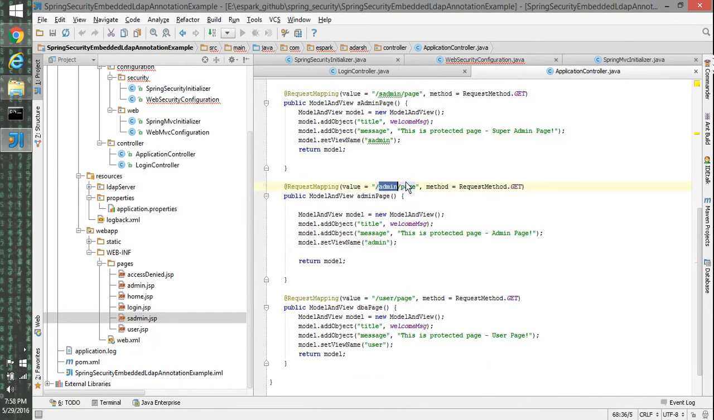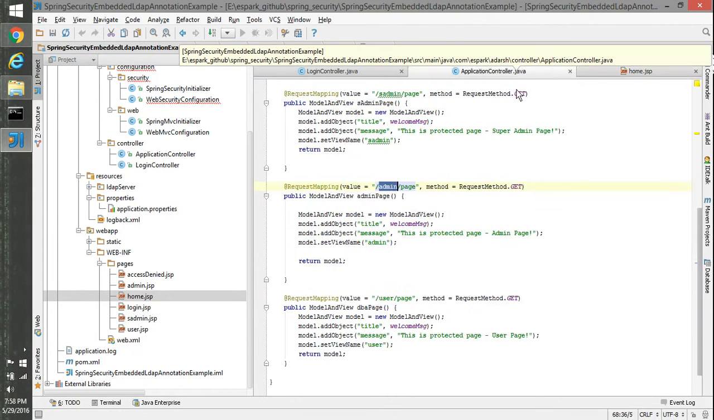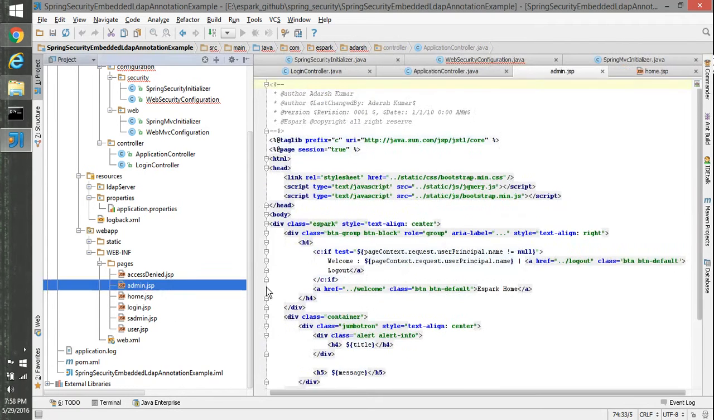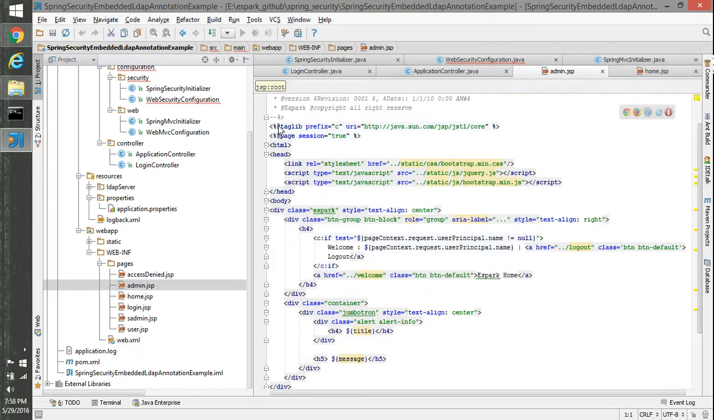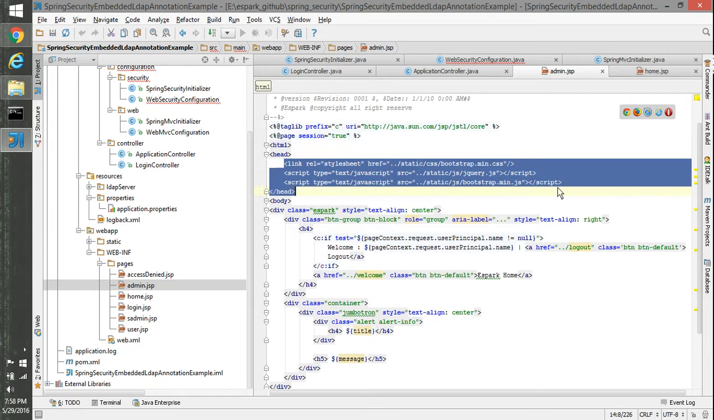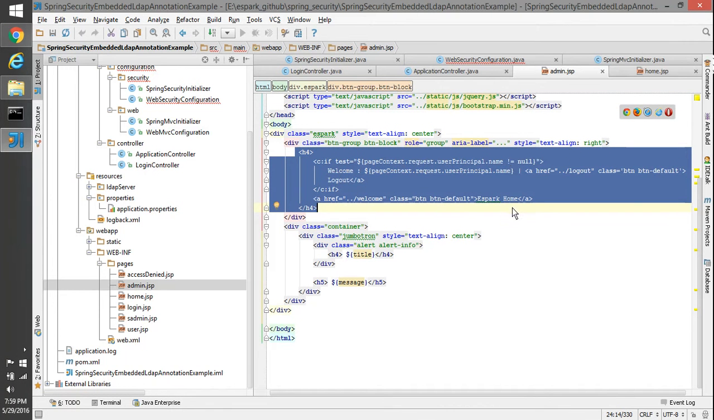Here for the admin page, if the current user is admin and somebody clicks the admin button from the home page, this URL is going to be generated and intercepted by this method, and the admin view will be shown. So here we have the admin JSP, where we have included the JSTL core tag lib as well as a page directive, and then in the header section we are including Bootstrap CSS as well as jQuery JS and Bootstrap JS files. Then we are showing a logout button based on the user authentication,